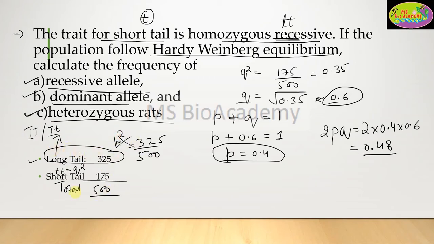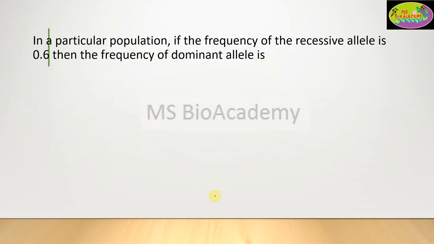Whenever you are going to solve such kind of problems, always remember to first try to figure out the recessive frequency only. Focus on the q value first, then go for the dominant one. Because the recessive is always in the homozygous recessive form only, it is easier to calculate this way. So go for that, then go for the dominant one. Let's move on to the next question and solve that.